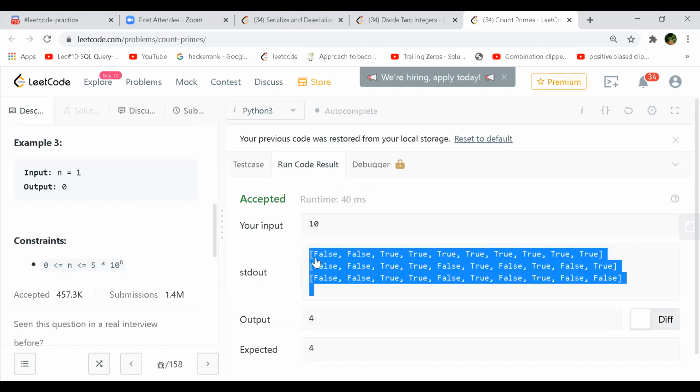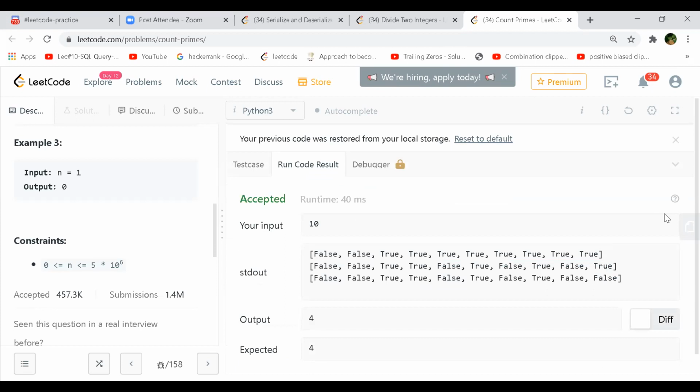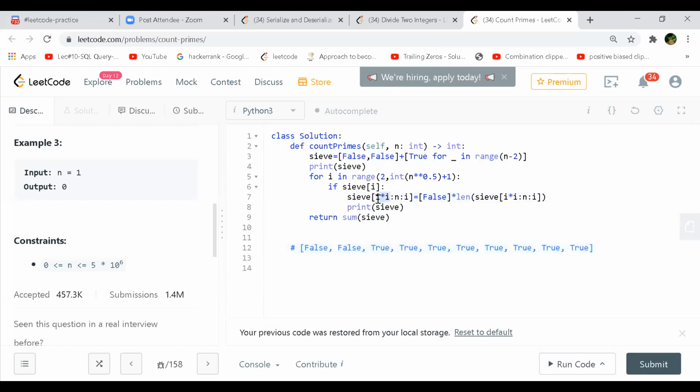Initially, like 2 values are false, right? So your 2 is not getting false. So your 4, 6, 8, and okay, 10 is not there, right? 4, 6, and 8 are only getting false. 0, 1, 2 will be true. Why will 2 get false? It should go from 2 cross 2, right? From 4 till the number n. Okay, so that is what it is.